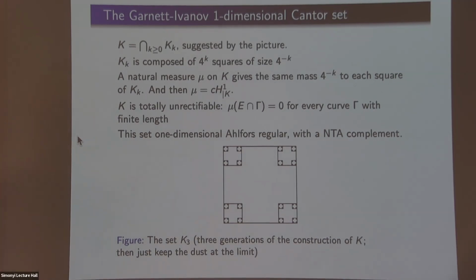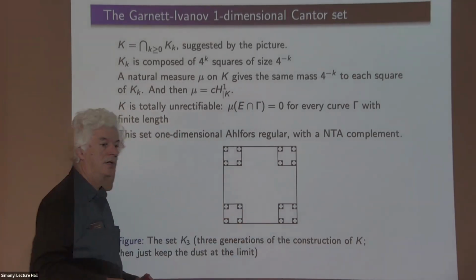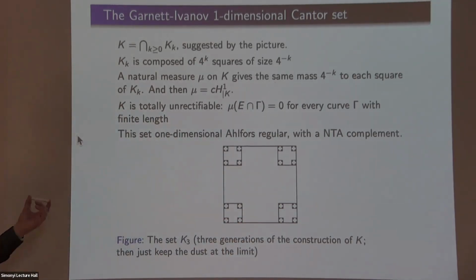It is known to be totally non-rectifiable, and it is bad for harmonic measure. Harmonic measure typically likes to live on the corners and is singular with respect to the natural surface measure here. Okay, so that's one thing that has been known across the time. That's the ultimate bad example normally.